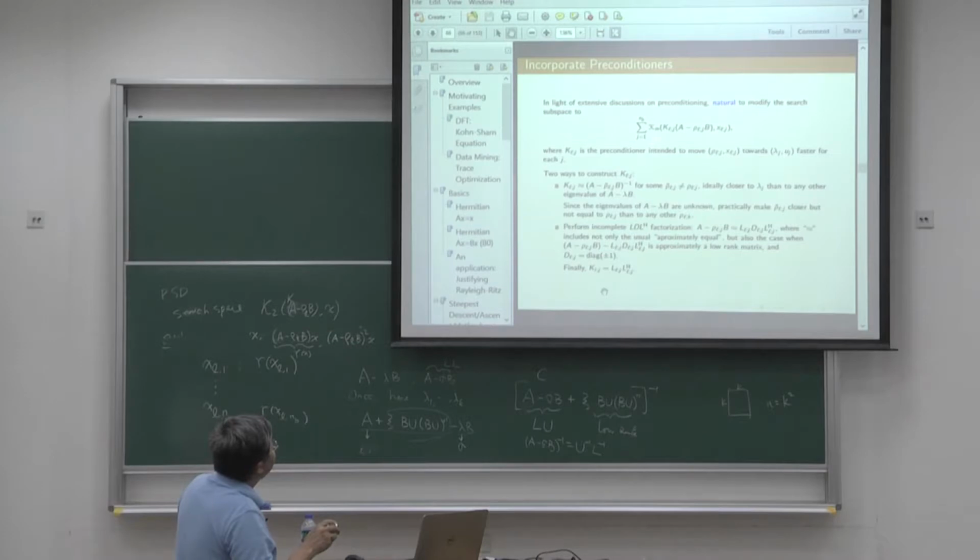So how do you get this preconditioner? The idea we talked about before is exactly the same. For the jth eigenvalue, you take k Lj almost equal to the inverse of that. So basically, if we're going to do it differently,